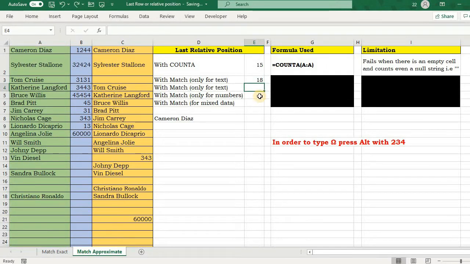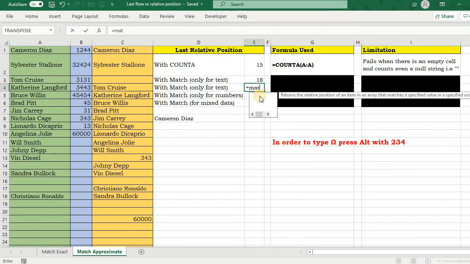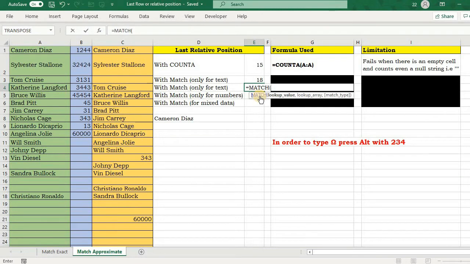Now, if you don't want to use this Z repetition or REPT function, you can use the character omega instead. And how can you type the character omega? You would be looking for omega in this column A. I'm looking for omega, and to type omega you need to press the Alt key with 2 3 4.